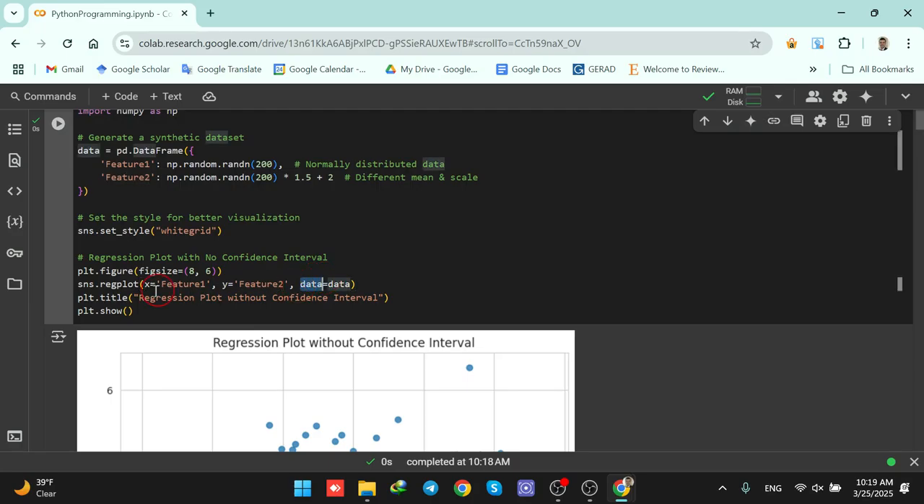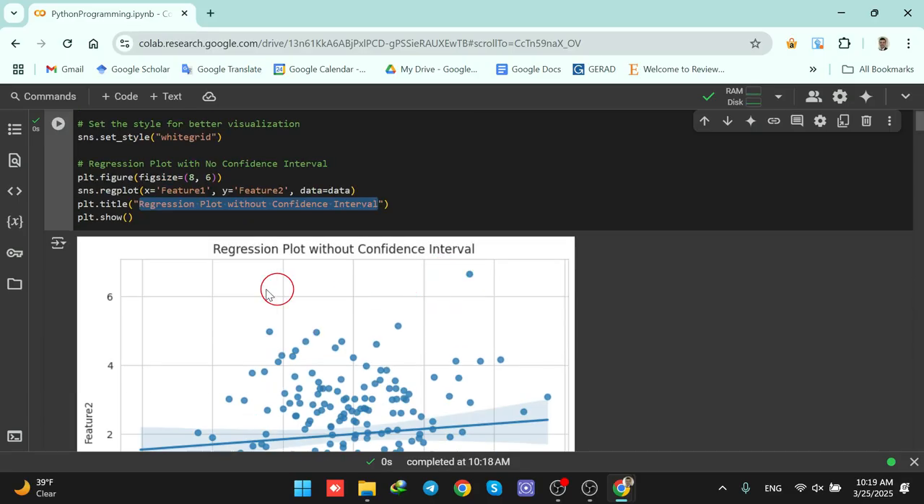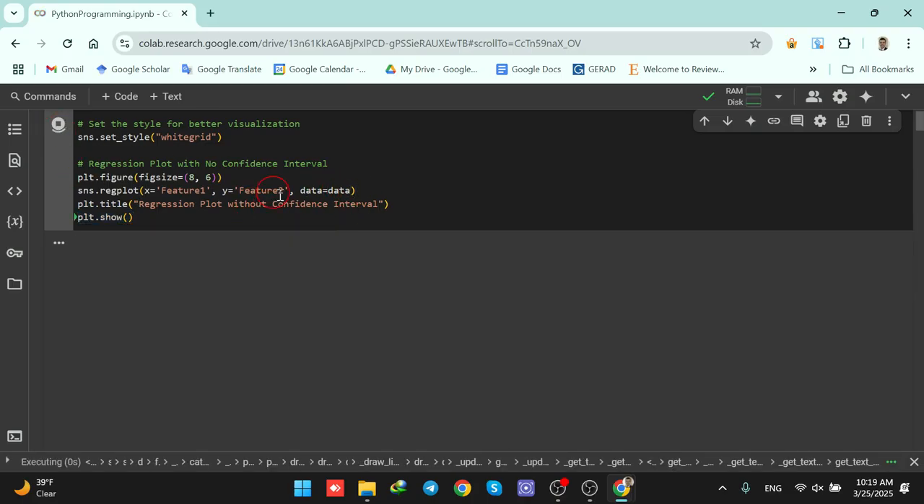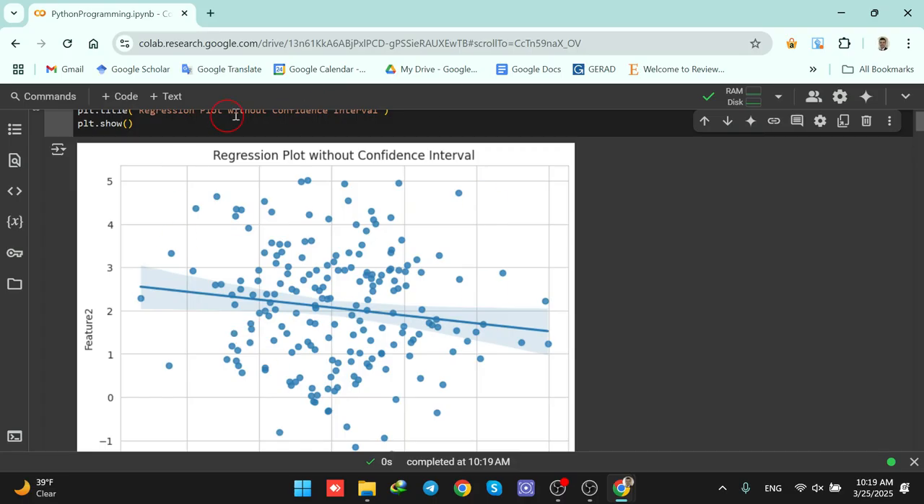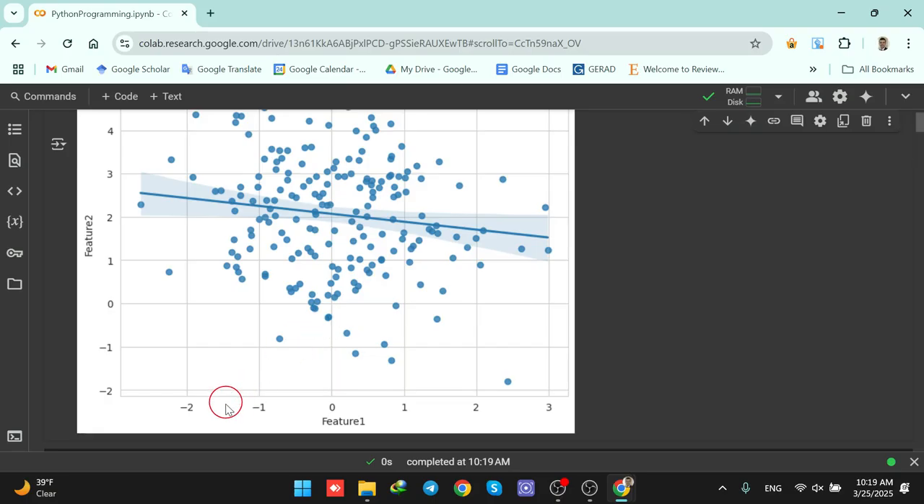Then the data for the regplot equals the data frame that we created above. Then we are having the title, regression plot without confidence interval. That is the title of this figure, and we call the show function to display our figure. But now when I run the code, we see that we are having the confidence interval, and the figure shows